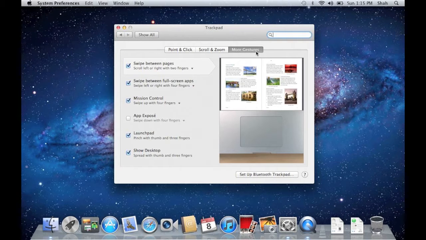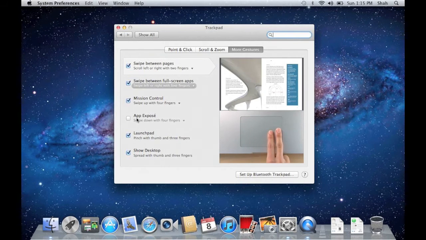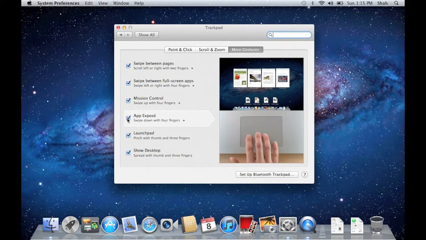Under the More Gestures section, tap to select App Exposé.